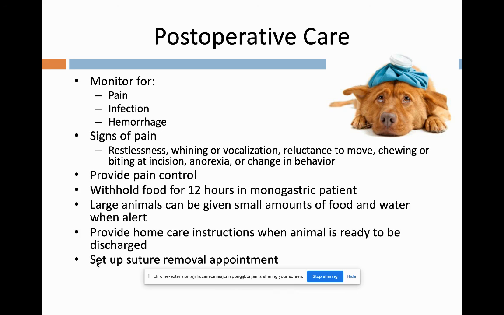Surgery may have absorbable sutures, or sutures may need to be